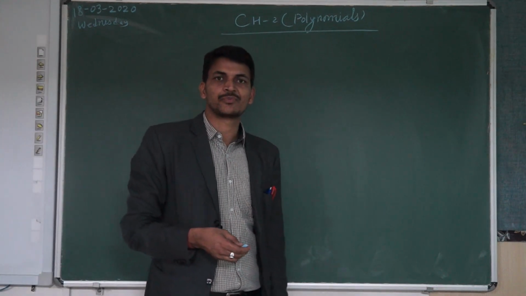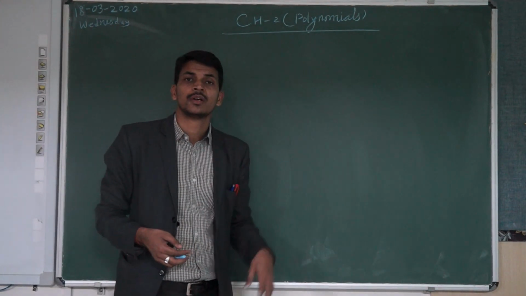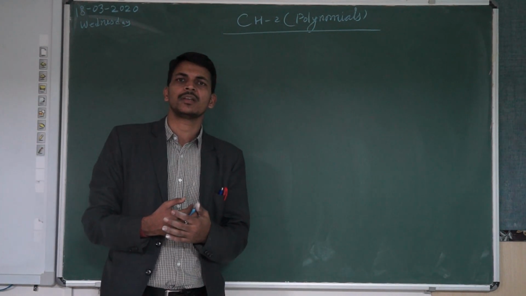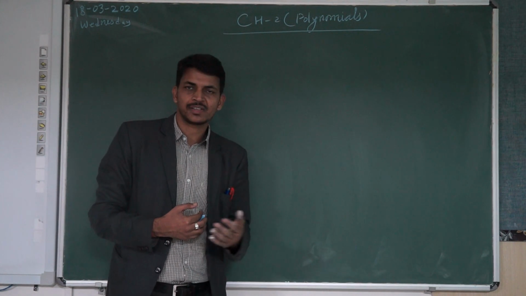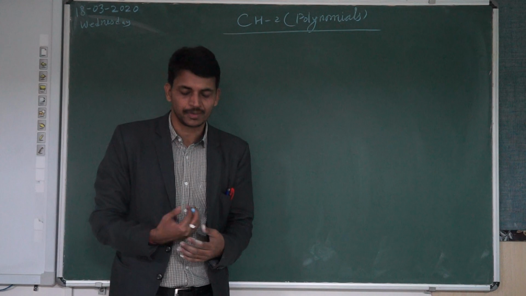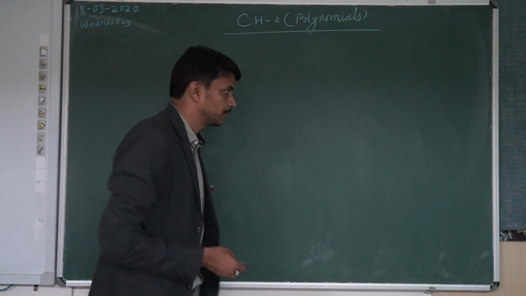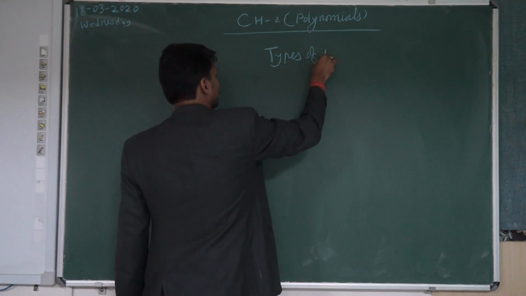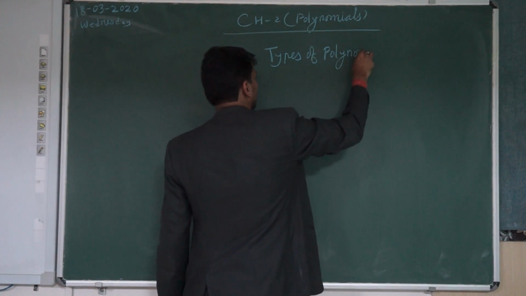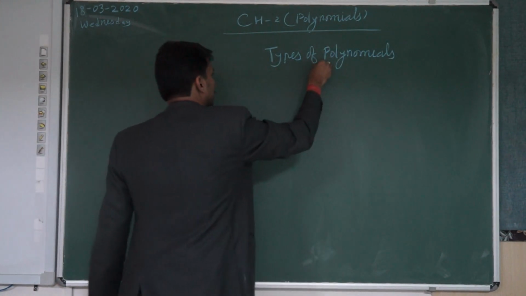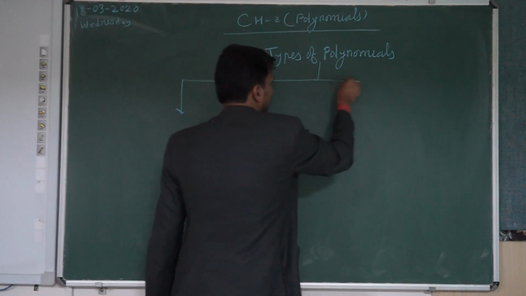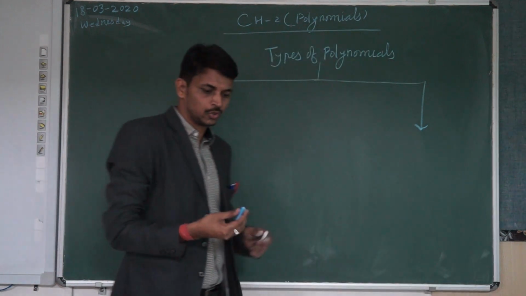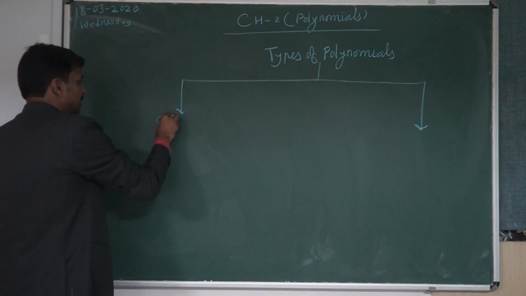Hello class, as we started with the polynomial chapter number 2, in the last class we just discussed the basic terms like what is a polynomial, what are the terms, what are the coefficients, how to find the degree of the polynomial. Now we'll talk about the types of polynomial. So polynomial is basically categorized on the basis of two ways. So we'll talk about on the basis of terms,